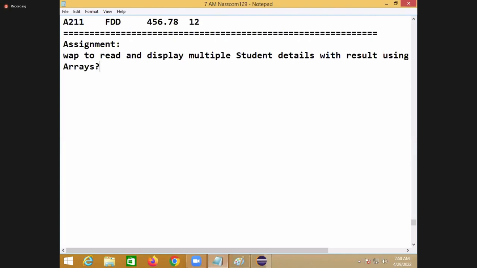So how should the output be now? Roll number. Okay, right. While you are displaying, it should be roll number, name, branch, total marks, percentage, and result. Of course, address is there, but that is separate. So I want you to display. So the output should be: